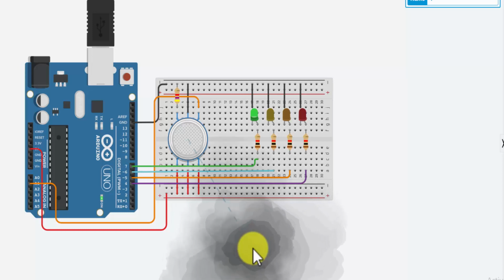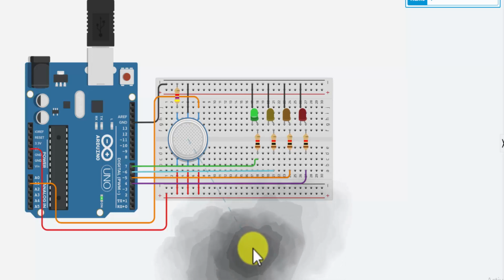Now what you can do in this case for the modification, even you can connect a buzzer. That buzzer will buzz after the red LED is glowing, means when the concentration is high. As a modification, we can connect a relay, we can connect a fan also. Now what will happen if the gas concentration is more high in the atmosphere? The relay will switch on or off and it will cut off the mains line, so it can act as a safety device. We can connect a buzzer so that if the concentration is high, it will beep.